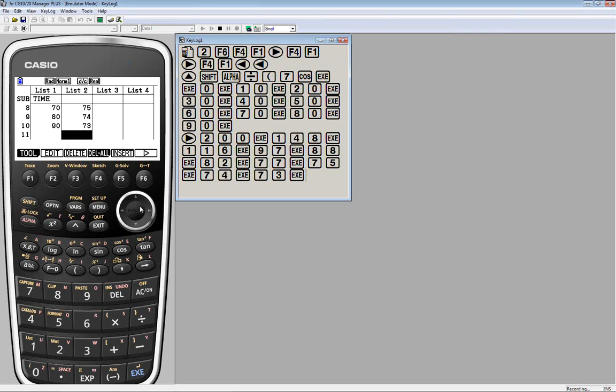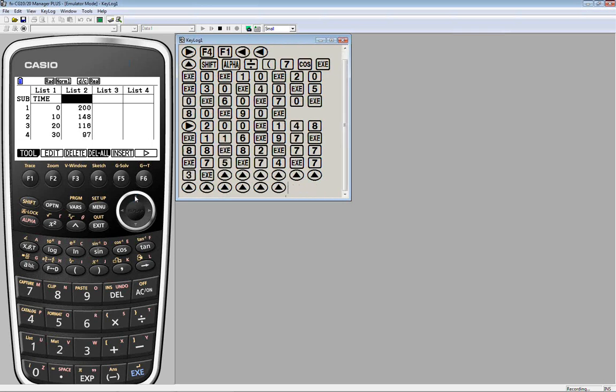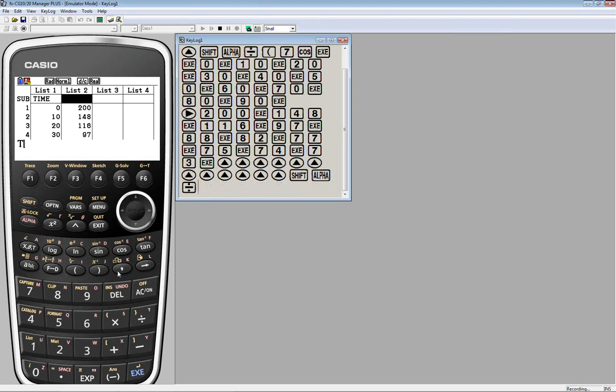So hopefully at this point, each person has 10 pairs in list 1 and list 2. Again, I can put the label of temperature up here. That really is totally optional, but I'll wait a second. If anybody had any difficulties or wants to type in a comment or a question, we'll wait just a moment, and then we'll move to the next part.